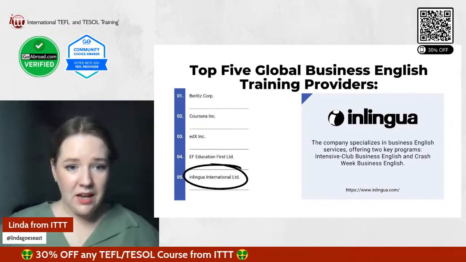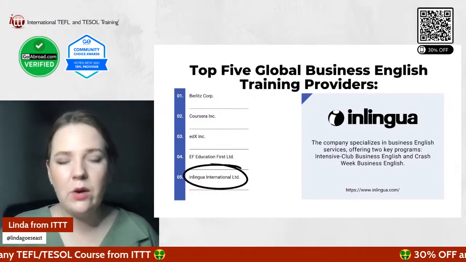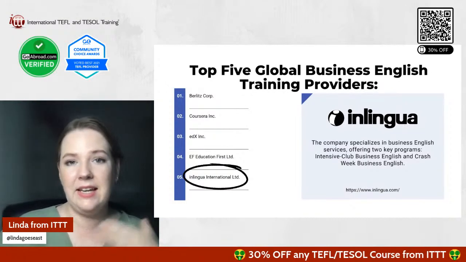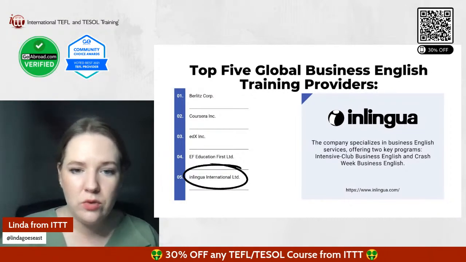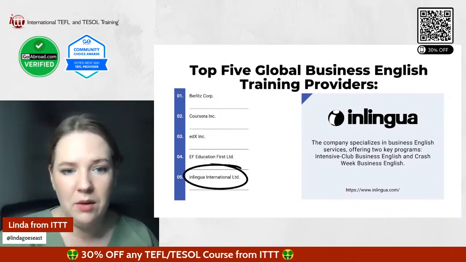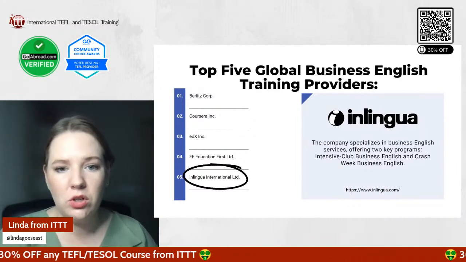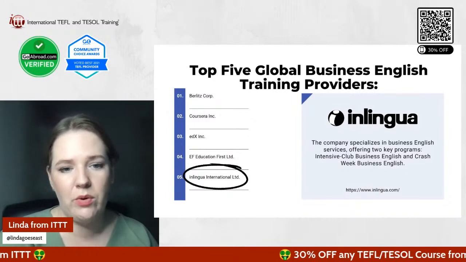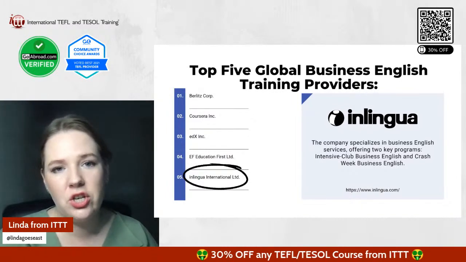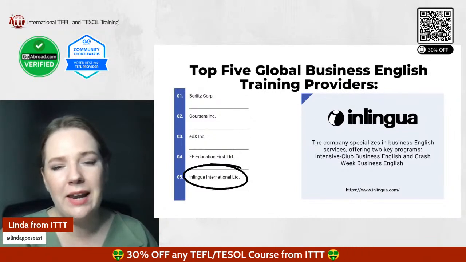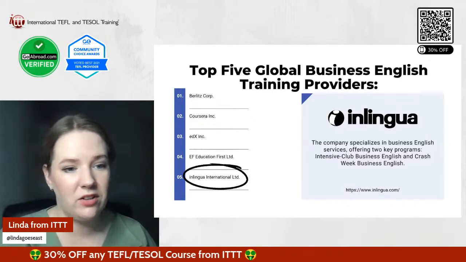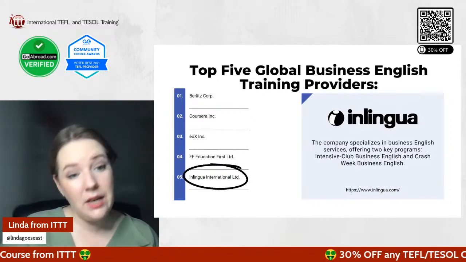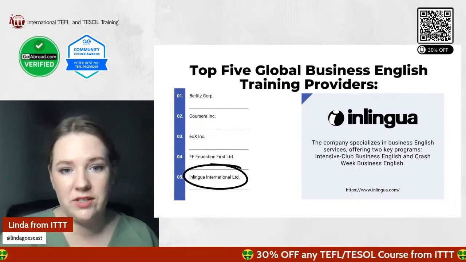Nice. But real quick, back to InLingua. This is actually a school or training center that I personally attended in Germany. So I did a 2-year program, actually a full-time program at the local InLingua school in my city. And this also involved business English. So it was like an English and French foreign language correspondent, that was the title. So it's a 2-year program that I did, and that was also very good. And yeah, they have a lot of business English teachers there as well.